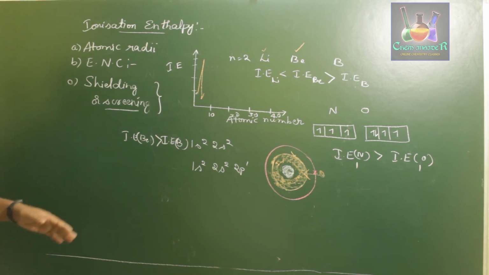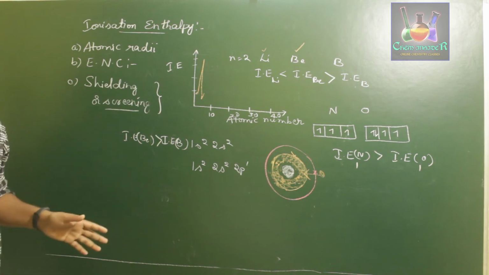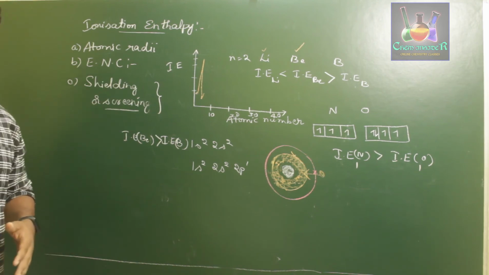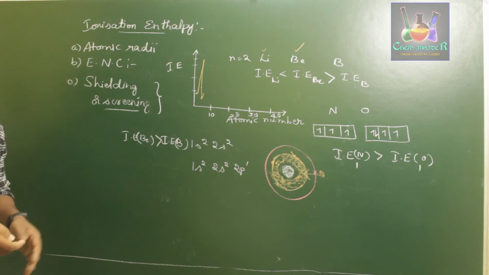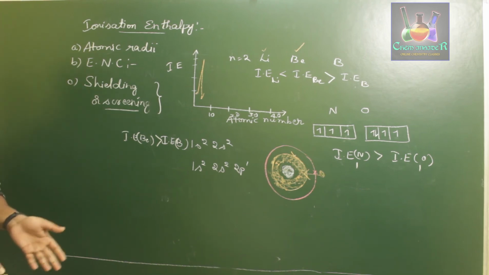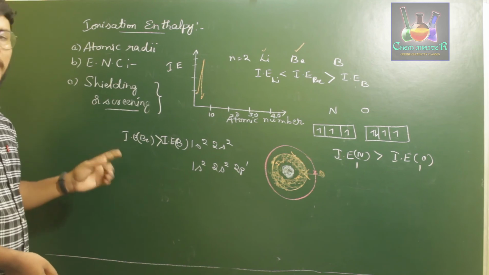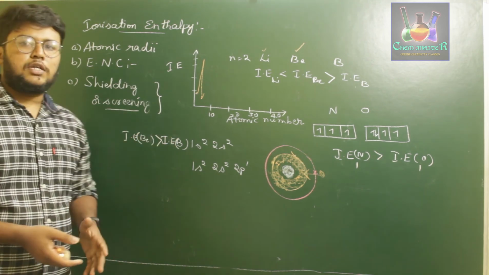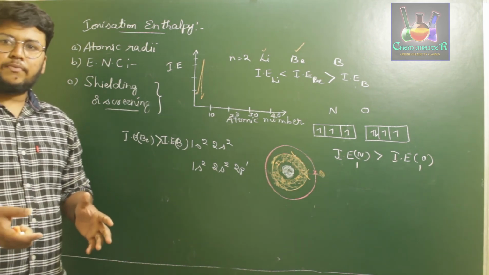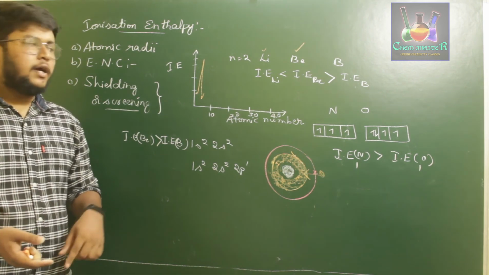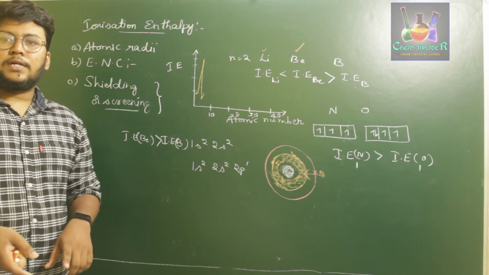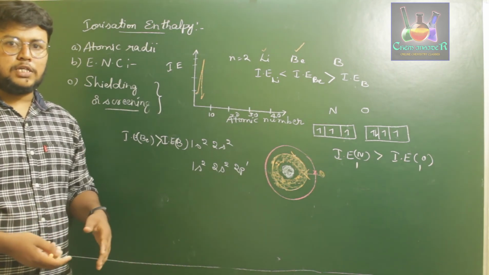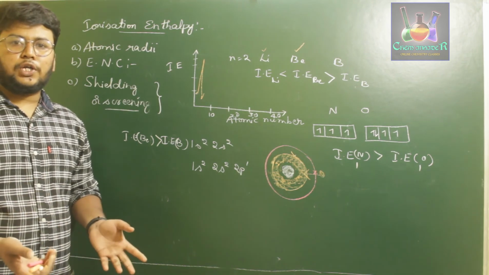Okay, so now what we observe here is, as we go down the group, we don't observe any kind of shielding or screening effect. There is a clear decrease in ionization enthalpy with increase in atomic number. But as we go across the period, we have certain variations. That is because shells have multiple orbitals, and the orbitals present in them have multiple suborbitals acquiring multiple electrons, which may experience electron-electron repulsion.